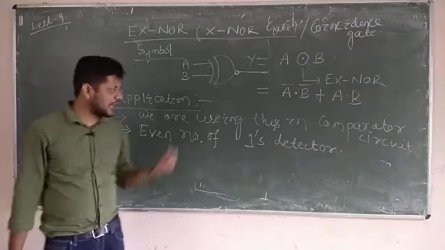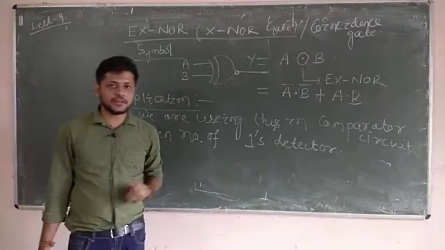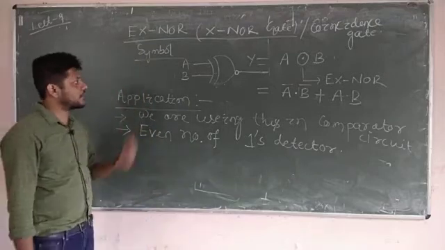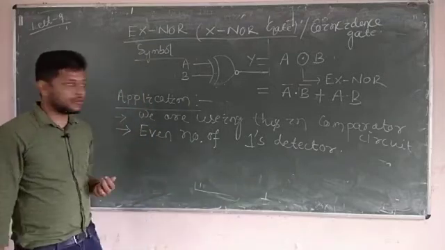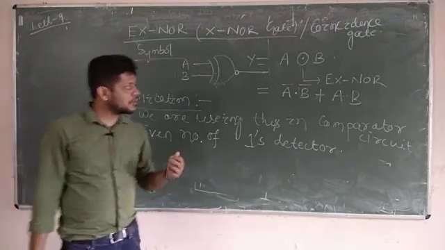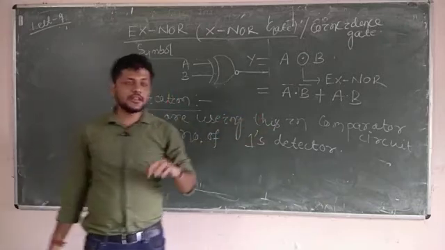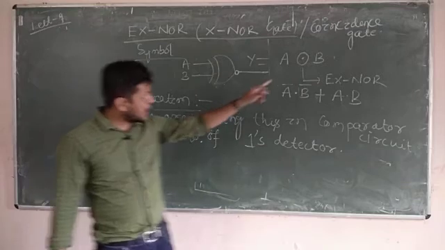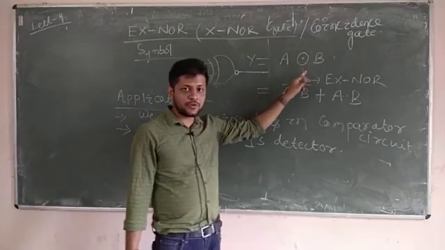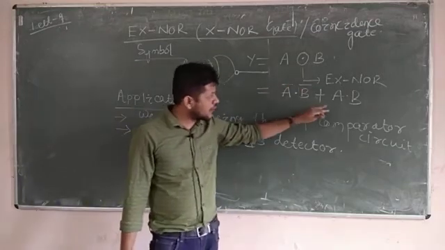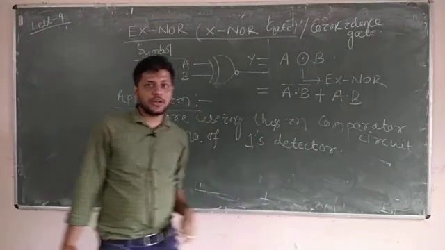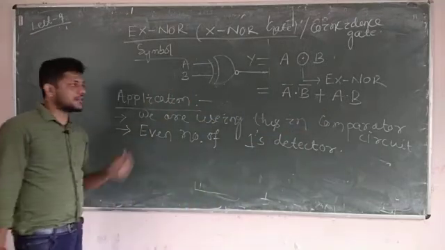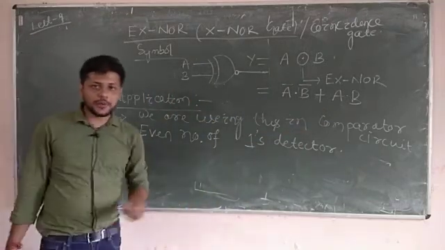So this is another application of this exclusive NOR gate. There are many applications. I have written down just a few applications in order to understand where we are going to use this exclusive NOR gate. So remember, you have to remember three things. That is the basic symbol, then how you denote this exclusive NOR gate, then what is the actual expression for your exclusive NOR gate, and what are the applications and the truth table for